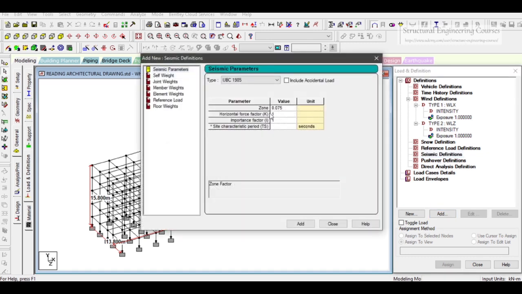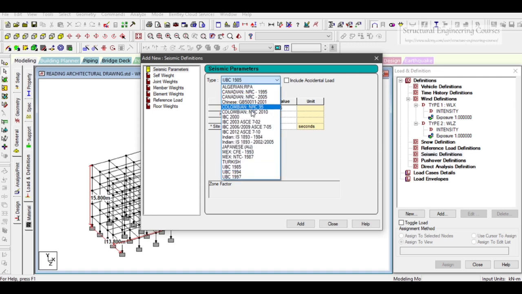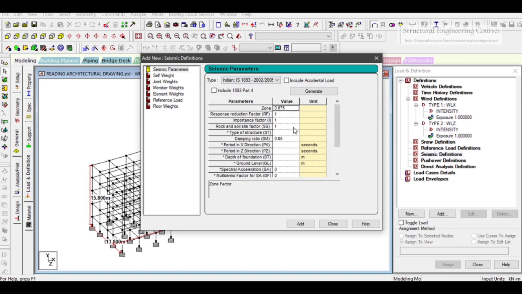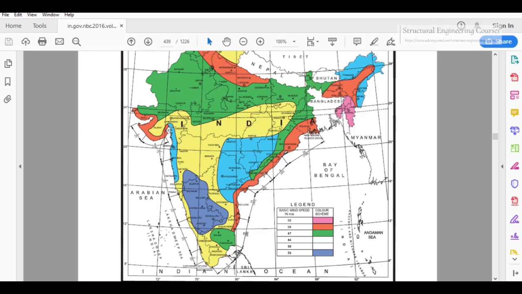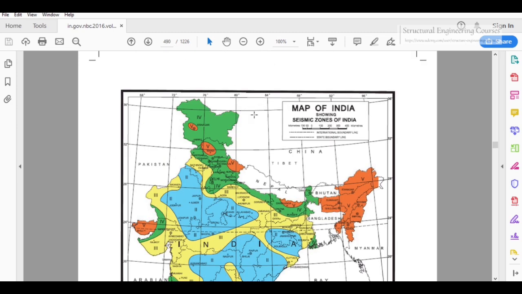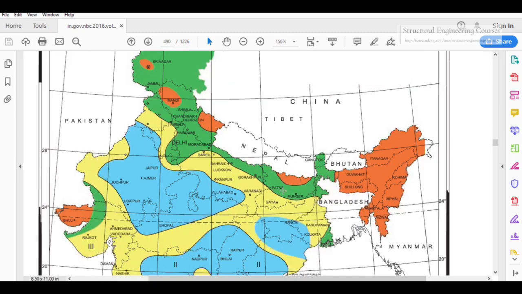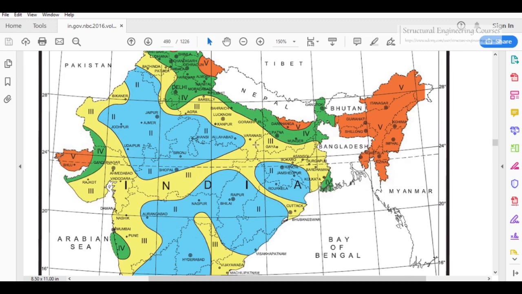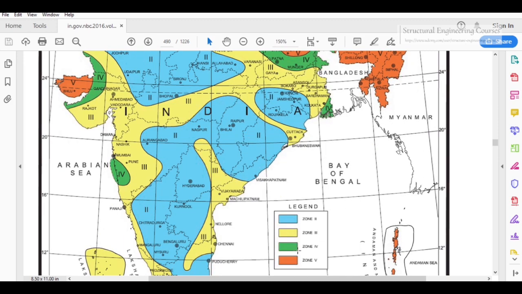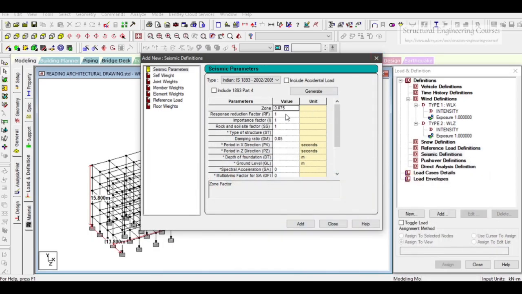So when we left click on add here, we need to select type as IS13920 here, as we need to check what is the zone factor for Varanasi. So going to page 490 of NBC 2016, here we can see that Varanasi is lying in the yellow color, and yellow color is nothing but zone 3. So considering zone 3,